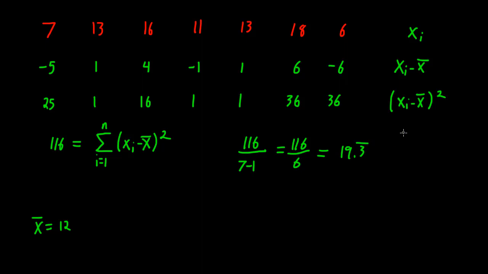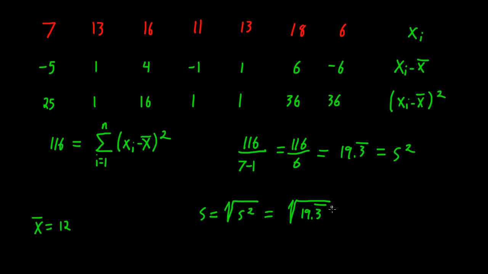The last thing that we're going to talk about in this video is what is called the standard deviation. The standard deviation is simply the square root of the variance. So we have our 19.3 here, which is our sample variance, which we know from before is equal to our s squared. And we're going to get our sample standard deviation. The sample standard deviation is going to be called s, which is just equal to the square root of the sample variance, so s squared, which is equal to the square root of 19.3 repeating,